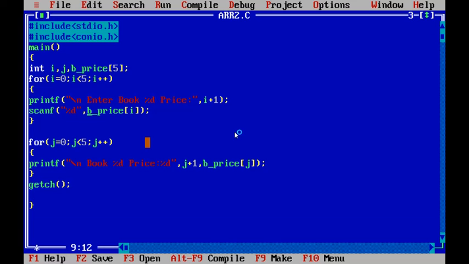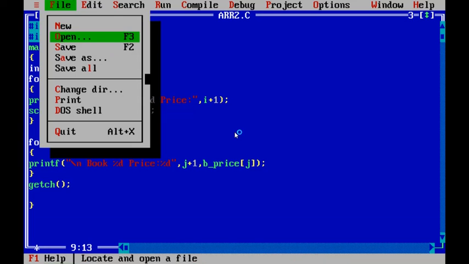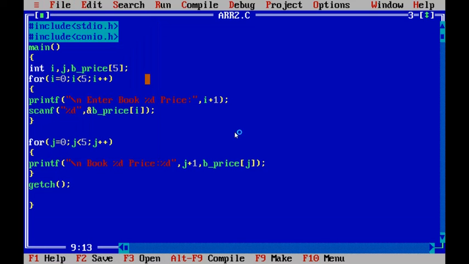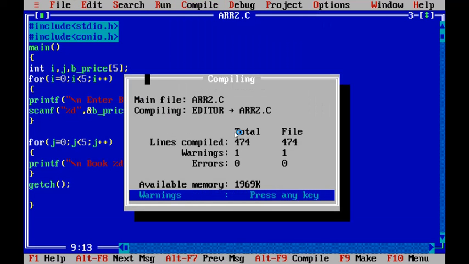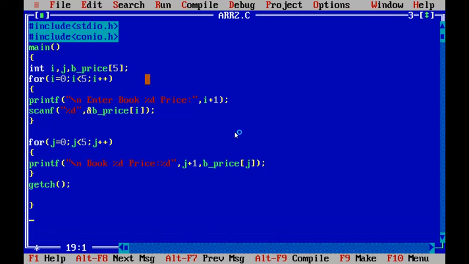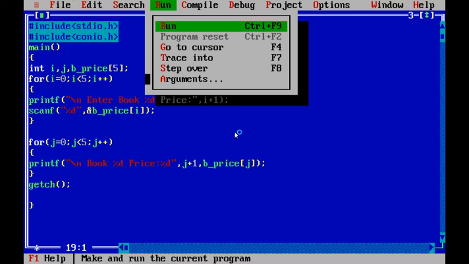So add this ampersand while reading the data and storing the values in the particular array position. Now save the program, compile the program. The compilation is successful with 0 errors, and run the program.